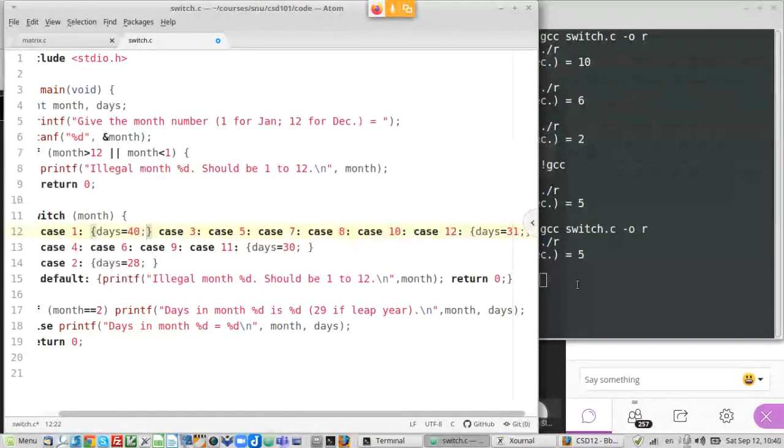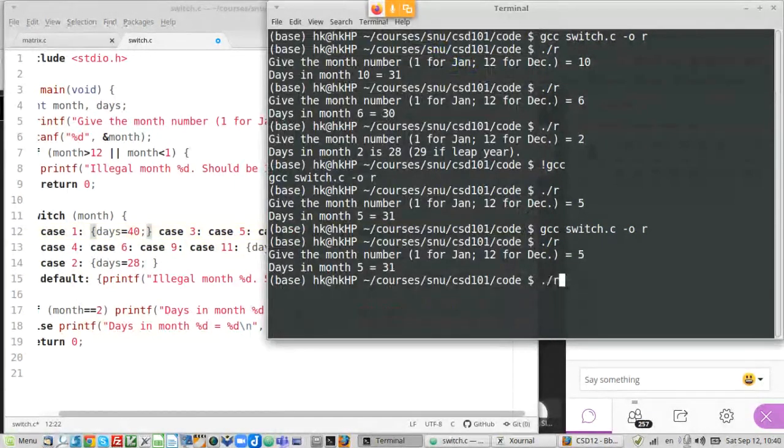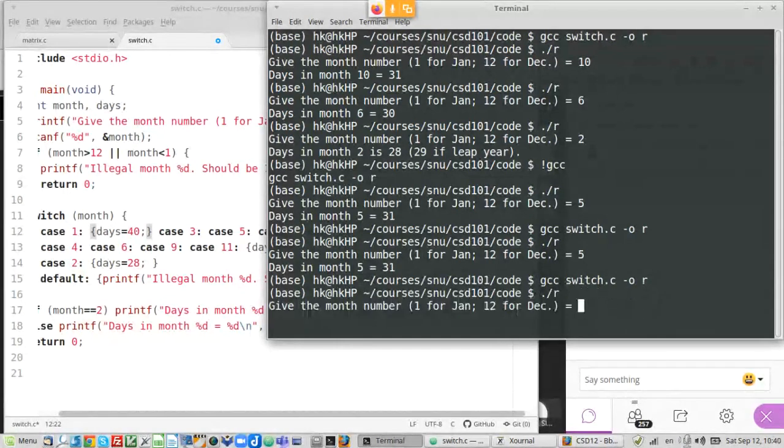And then let's compile this again. Run it. And let's say give 1. So notice what has happened, right? Days in month 1 is 31, whereas I have actually said days equal to 40.